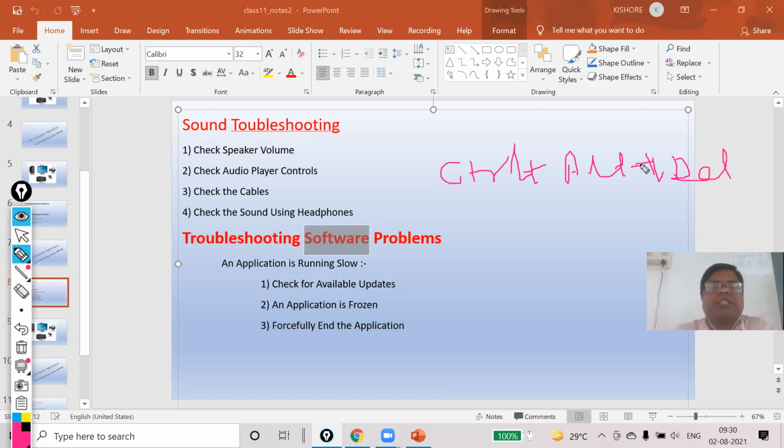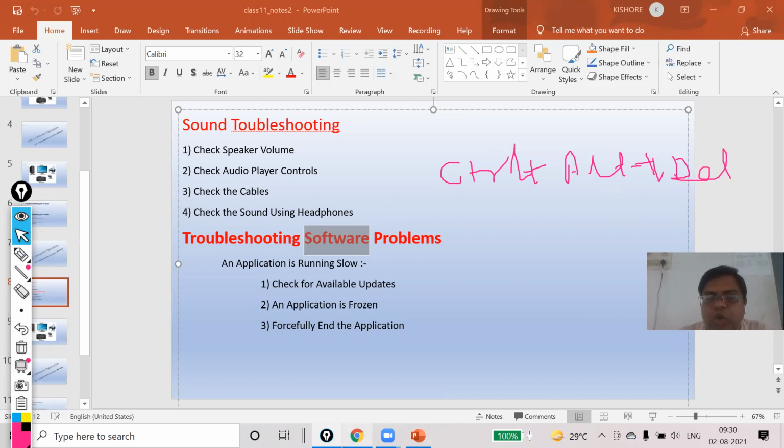Now, students, the second step. If you are unable to forcefully end an application, then you have to close all other applications. Suppose this PowerPoint is not working.